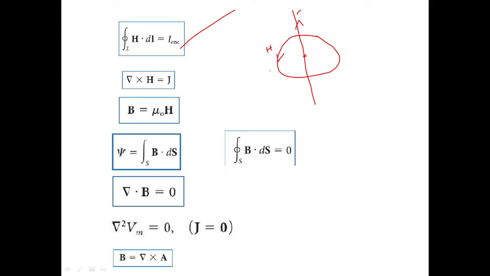this particular loop. Then we also saw that by using the equation of current density, we obtained that curl of H vector is equal to J vector. So these two are from Ampere's law. This is in integral form and this is in differential form or point form. So these also we need today for solving the problems.